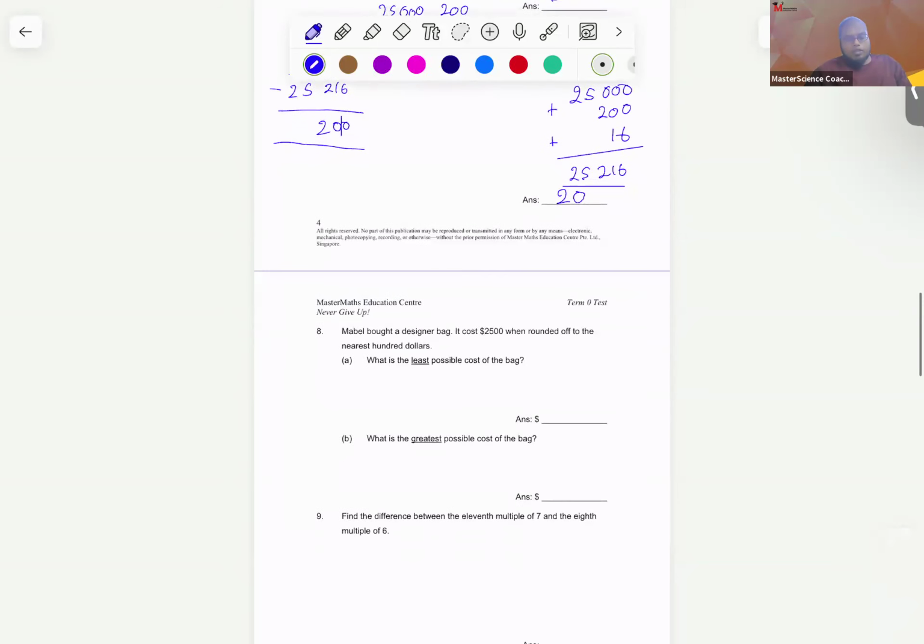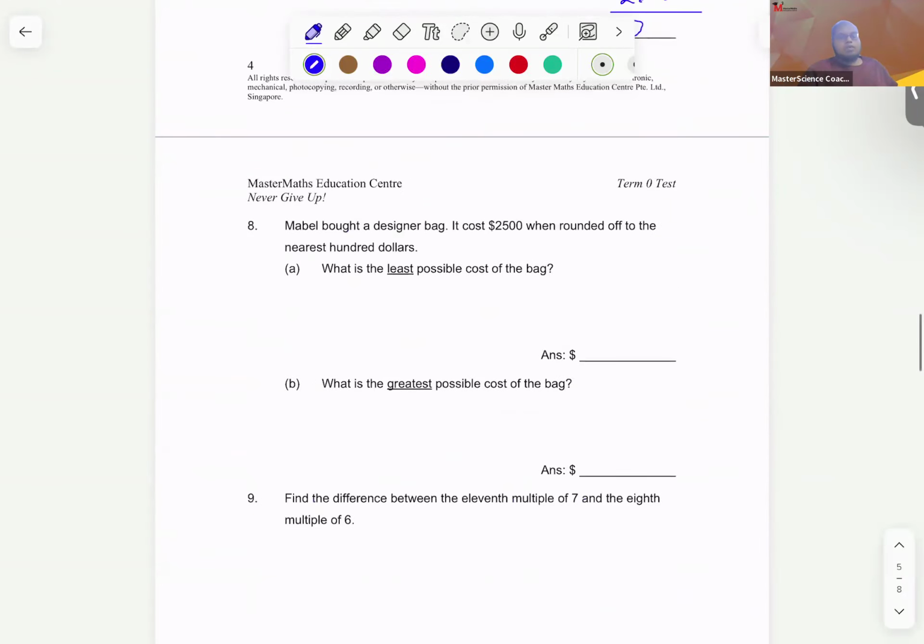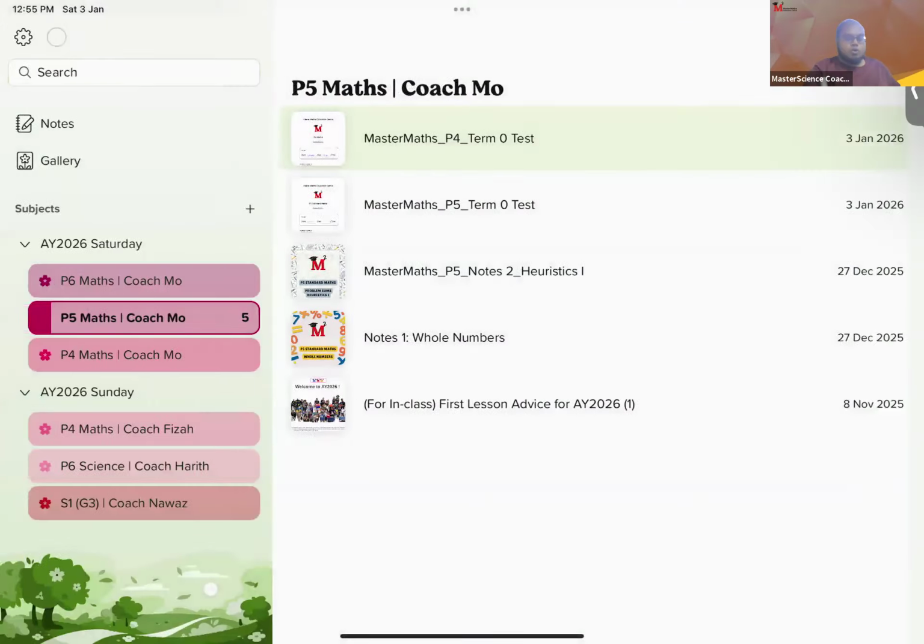Now we go to question 8. Question 8 is the part on range of rounded values. Just now at the top, we round off to nearest thousand. Now, this question here, when they ask for least possible cost and the greatest possible cost, it's like you're working backwards. Here, they round off to the nearest $100. So if we go back to the notes on rounding off,